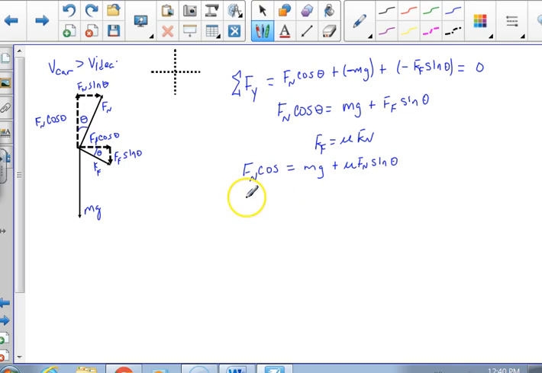And then of course we can also rewrite the equation so that we have like terms. Fn is the term that I'm looking at, so I could rewrite the equation to say that mg is equal to Fn cosine theta minus mu Fn sine theta,